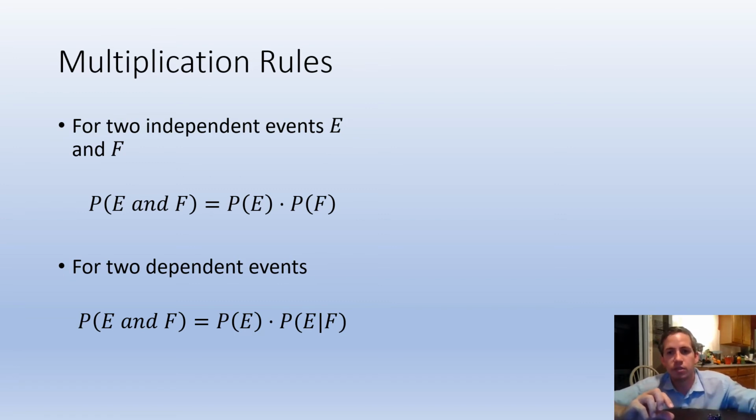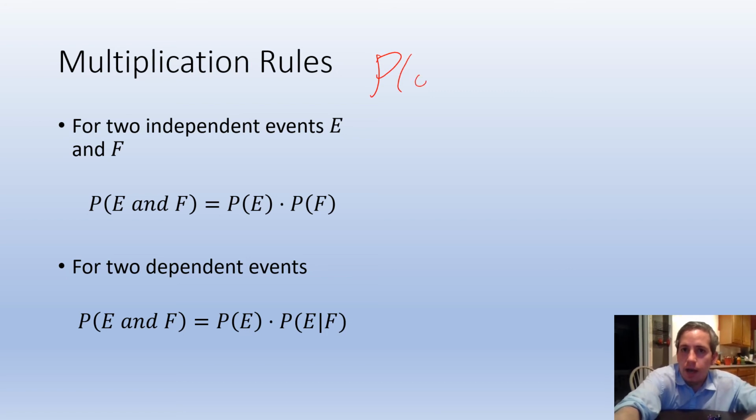Dependent events would be something like I draw a card, I set that card aside, and then I draw another card. Now these are dependent events because whatever that first card is cannot be drawn the second time. Therefore, when I'm trying to make a computation, I have to pay attention to the fact that the second event depends on the first. When you use the multiplication rule, you're trying to find out the probability that two things take place simultaneously. So for example, what is the probability that I roll an odd on the red